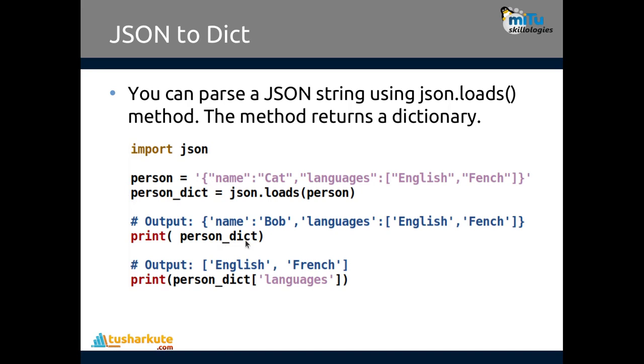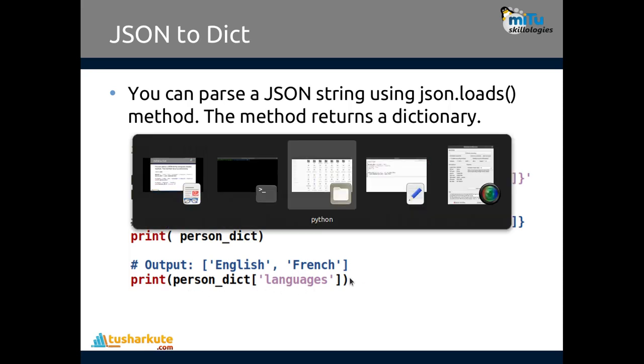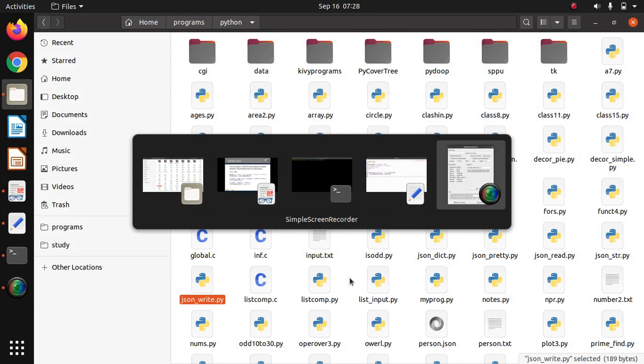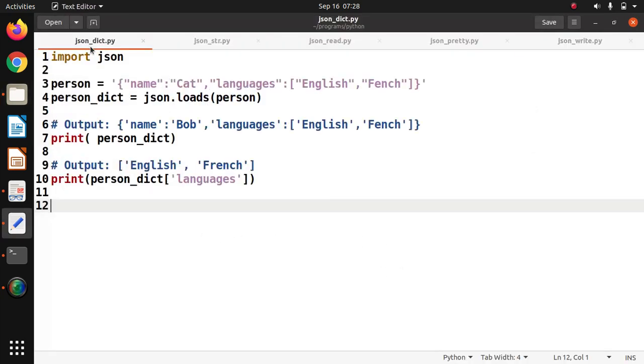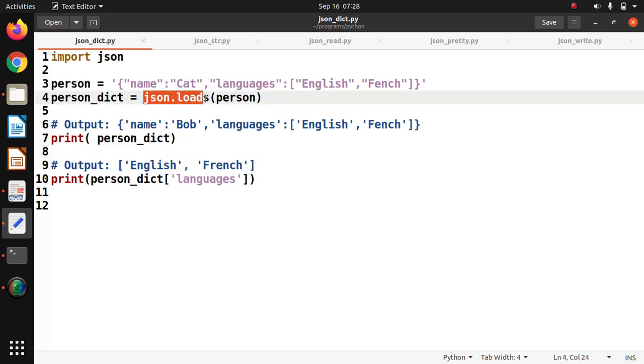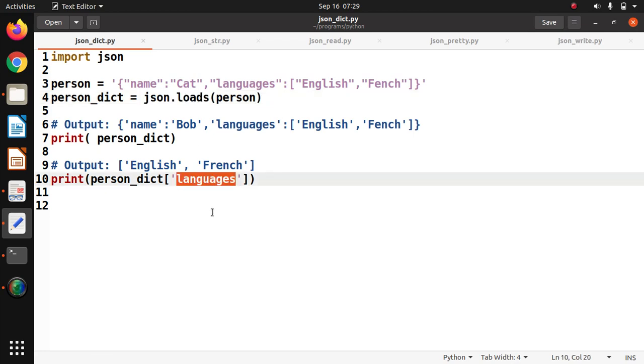After that I'm printing it on the screen, and if I want to access a specific value from the respective JSON format, I'll be making use of the method that we have seen in the dictionary, like accessing with the help of the keys. So let's go for writing the program for this. Let's understand how to write the program and check it out. So first of all, here I have the person whose values are stored. Then loads. So loads is to load the string and store it in dictionary format. That's what the meaning of this particular method is. And then I'm printing it and then I'm extracting specific values with the help of the keys.